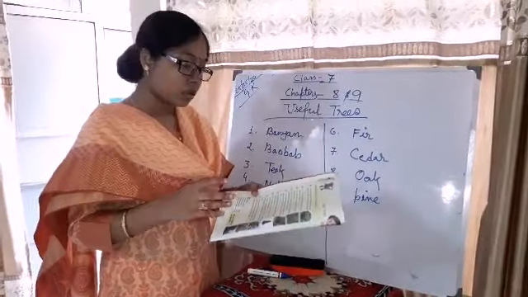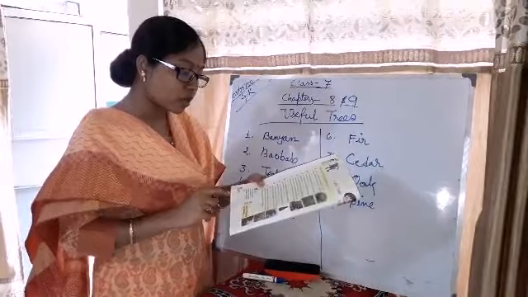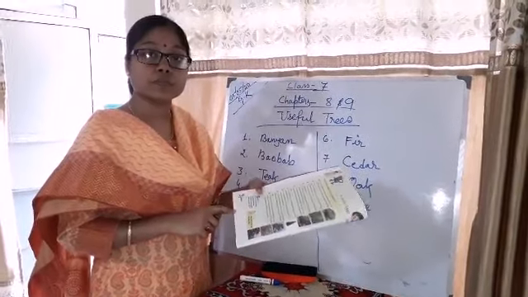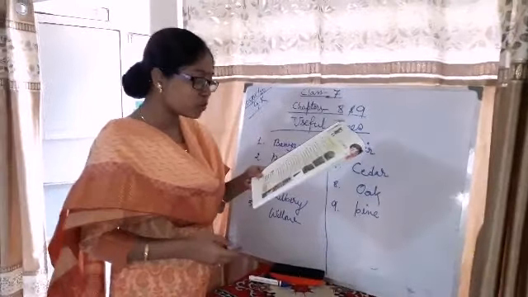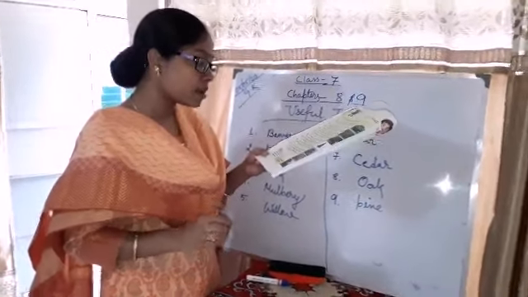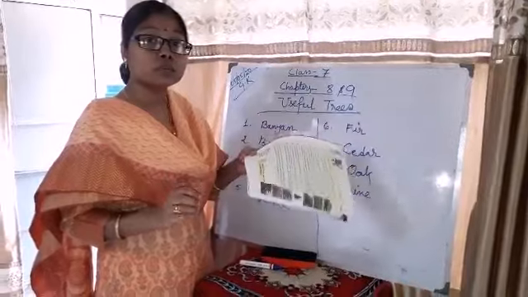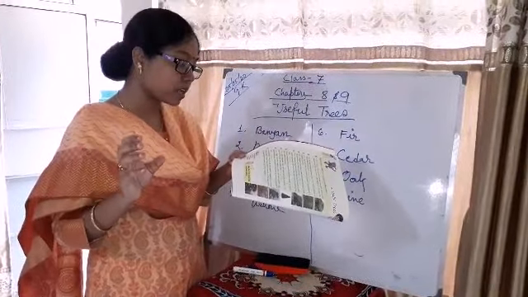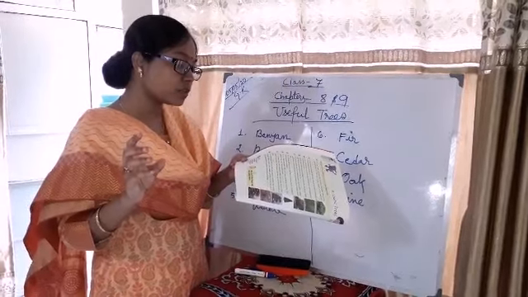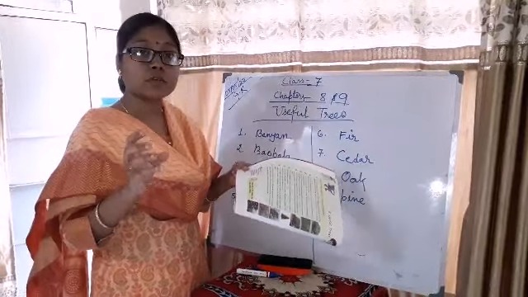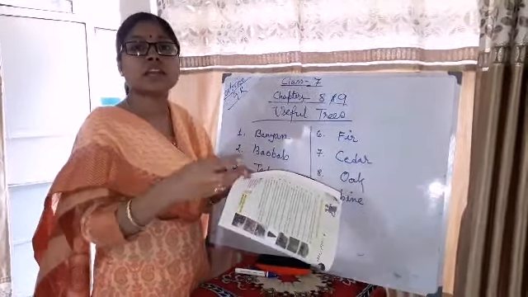Okay. And after that, in the fact corner, one more tree is there, that is the ash tree. That also we will learn about here. Ash trees are the most beautiful and are praised for their wood. Because of the wood they are praised. And maple syrup is a sweet sap generally collected from mid-January to mid-April. From there only we are getting maple syrup.